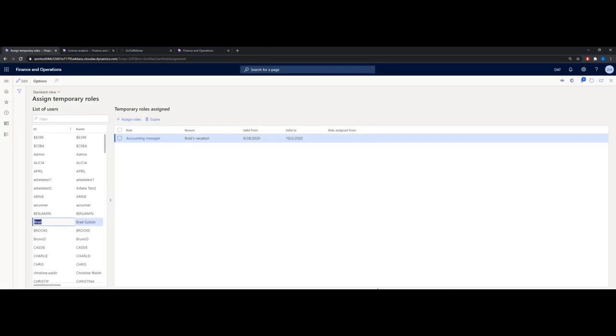Okay. So now it's been set up that Brad will now get the accounting manager on September 28th, and it will be removed from him on October 2nd. And if we had copied somebody's assignment, then their name would show up under the role assigned from. So then if we go over to the report,